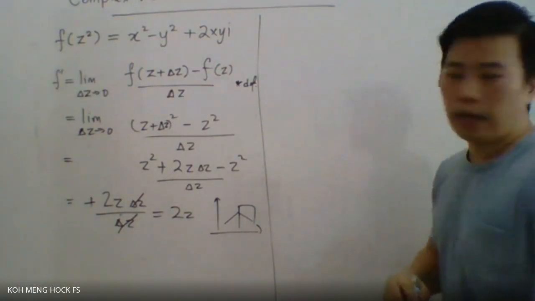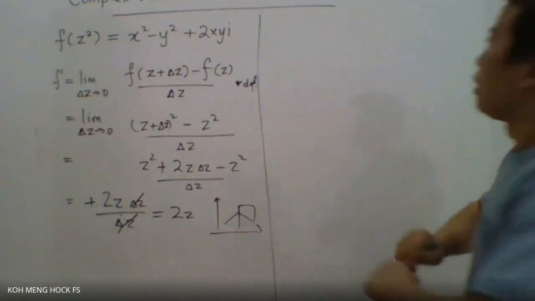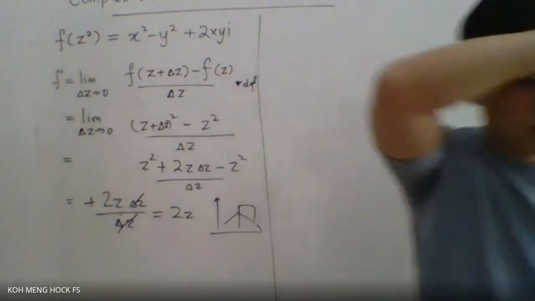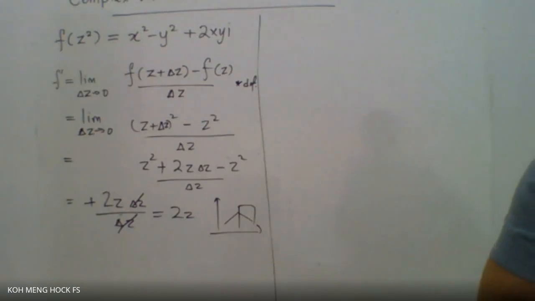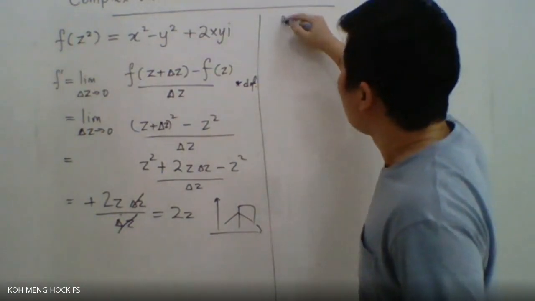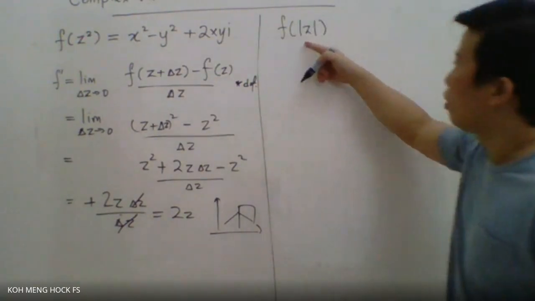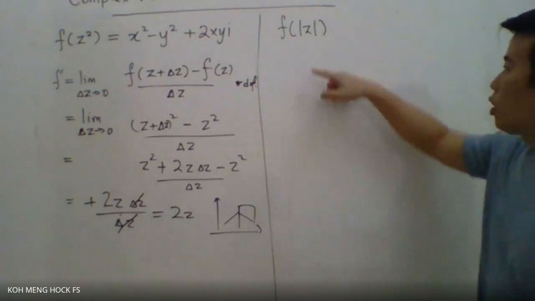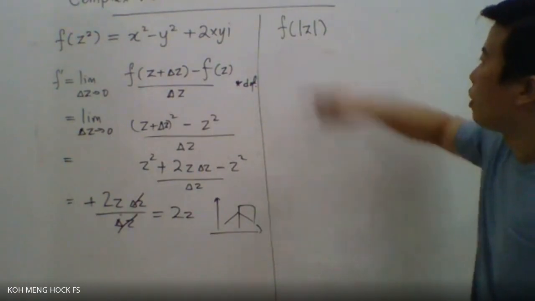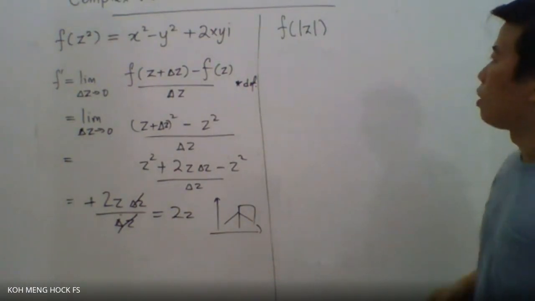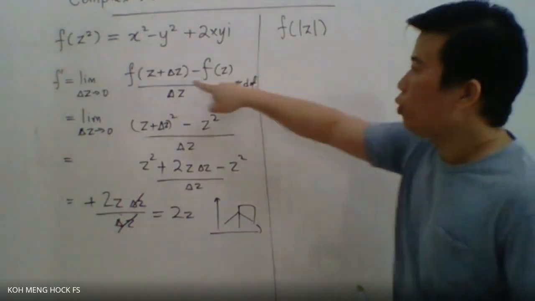Let's look at a function which depends on the absolute value of z. You find a function that is absolute of z in this case, right? So here, if you want to take the f prime,